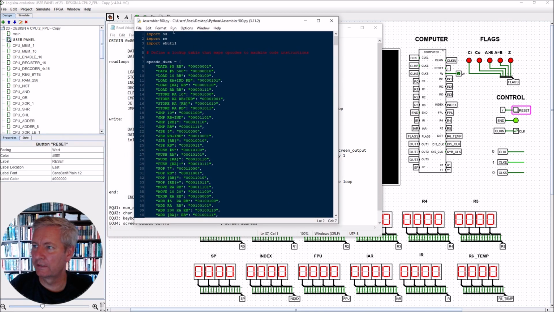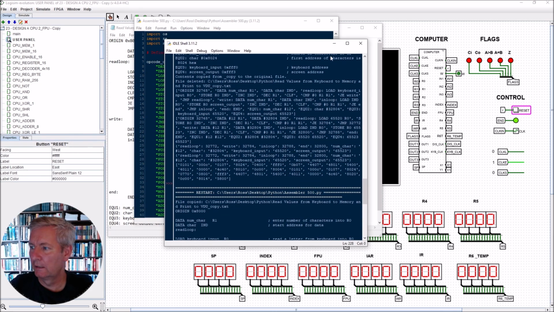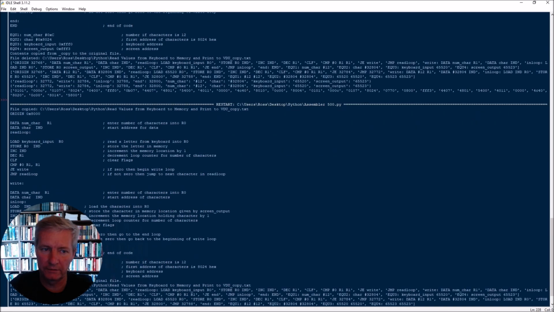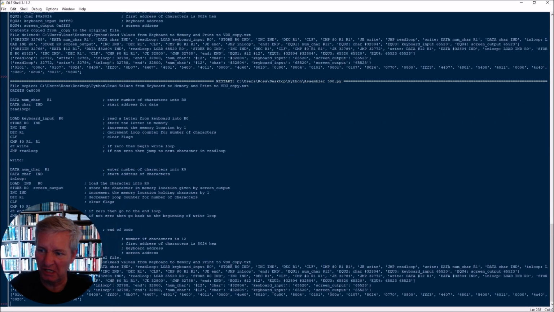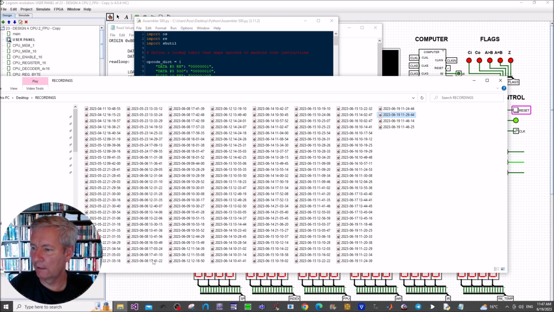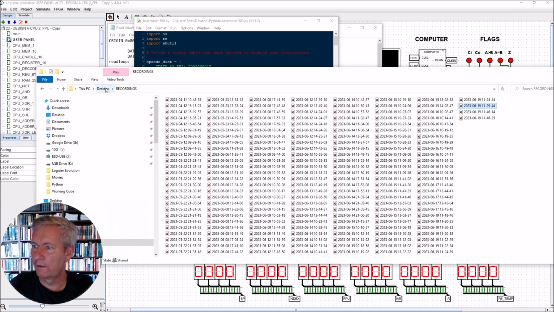So this is our assembler and we can run, and that's it finished with the assembly. Now I've got it set up here so it gives us a whole lot of information. Now this might change over time, as I will adjust the output from the assembler slightly. So you might not necessarily get exactly what you see on the screen here. But that's it run, and you can get in if you want and you can check it within